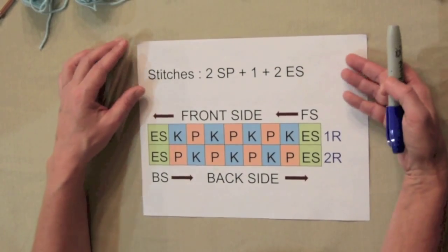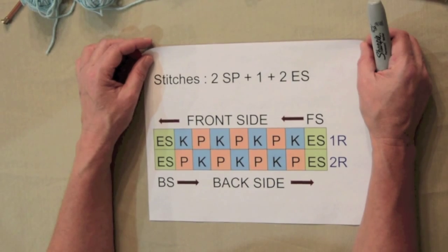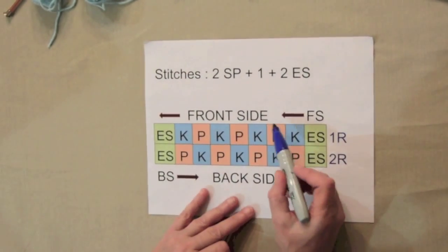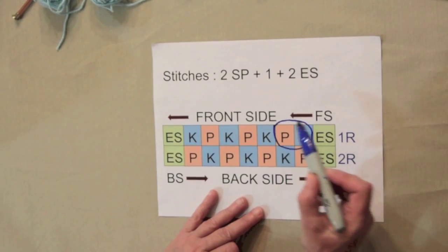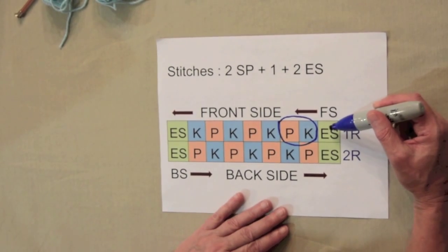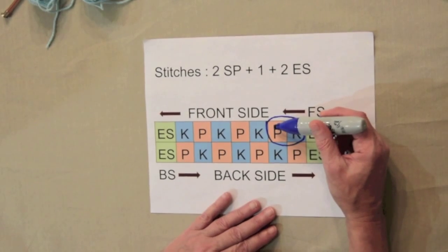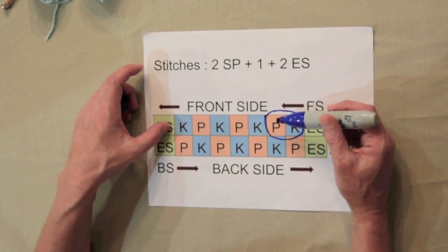In the example I'm showing you here, I used the ribbing 1 knit, 1 purl, which means 1 pattern repeat is 1 knit and 1 purl. You will start with the edge stitch, which is not accounted into the stitches you need. You repeat the pattern 1 knit, 1 purl, and you would want to end by the end of the row